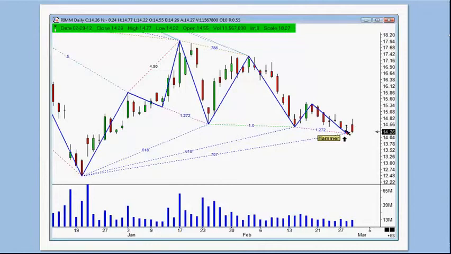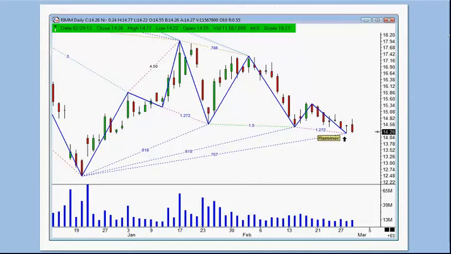So I will include RIM in the newsletter as one of the candles. And that way you can keep it on your chart in case I maybe overlook a possible trade that's in there. But what you would like to do if you're going to take a trade on this, and I'm not necessarily suggesting this one just yet, is you would use just simply normal exit strategies, volume patterns, and things of that sort when you start taking a look at the right side of the chart where you would get out.